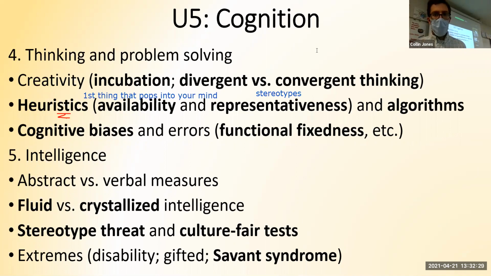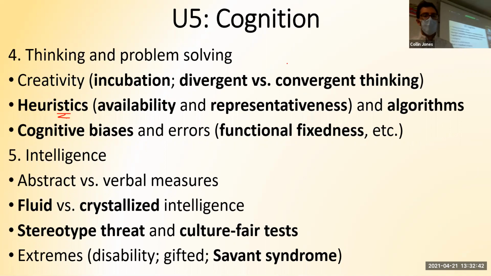Cognitive biases, there's a whole list of those. I don't remember what day it was. If you're following along in your notes, do y'all see a list somewhere of cognitive biases? Things like self-serving bias and all these different things that your brain does. Make sure that you go back and look through those. We talked about functional fixedness in the practice questions. Self-serving, I think it was in multiple units. I think we also talked about it in social psych maybe. Flip through your Unit 5 notebook and see if you can find anything about the biases.